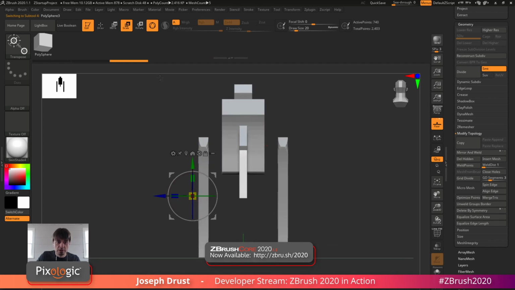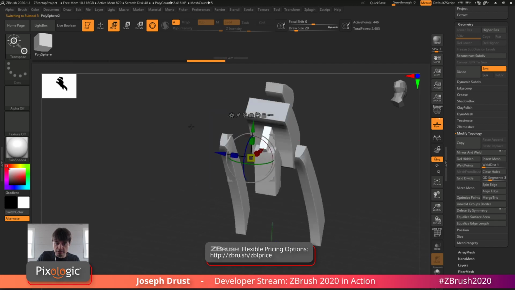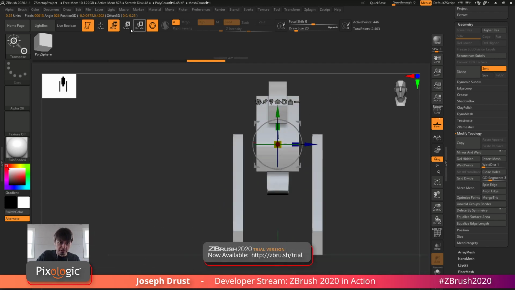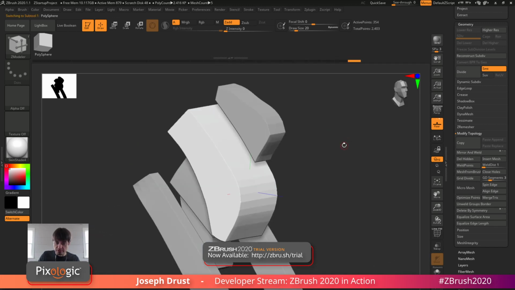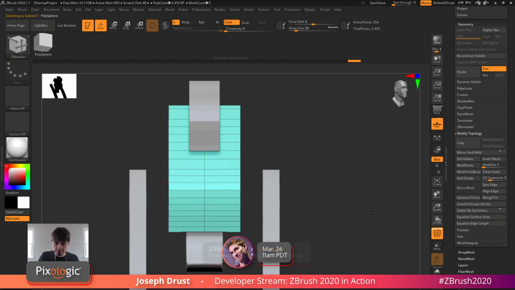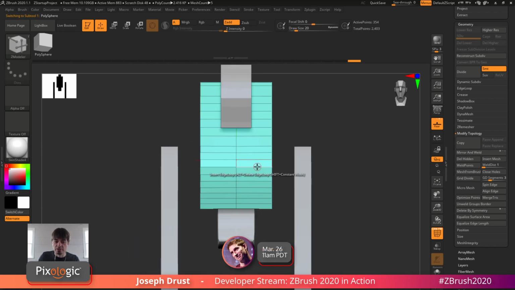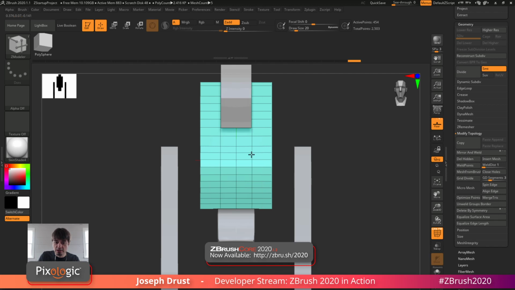And then we're going to take this part, and we're going to scale him out a little bit. And then take this part, center, and scale him out as well. So there we go. Now we got a little more interest going on there with my robot here. Now for the next parts, I'm going to add some edge loops. So coming in, now that I have my symmetry set up, my model's facing the right direction, I can now